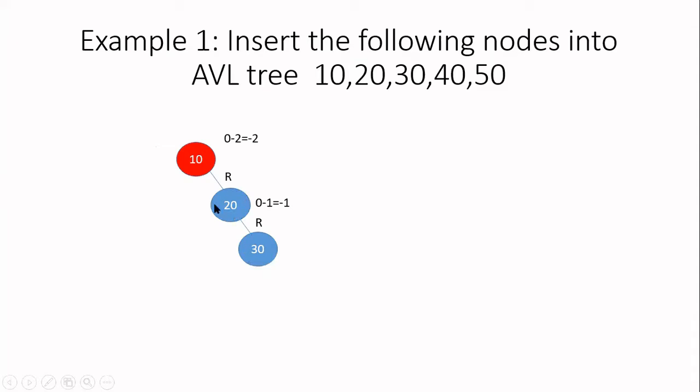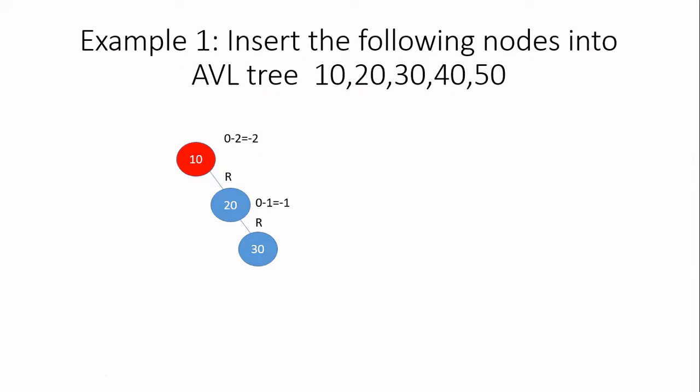So now for node 20, there is no left subtree and the right subtree is having one link. So the balance factor of 20 is 0 minus 1, it is -1. Then for node 10, there is no left subtree, whereas in the right subtree, we have 2 links. So the height of the right subtree is 2 now. So balance factor is 0 minus 2, it is -2. Now, for 20, balance factor is accepted, whereas for 10, the balance factor is -2, it is not accepted. That means you have to start balancing it.